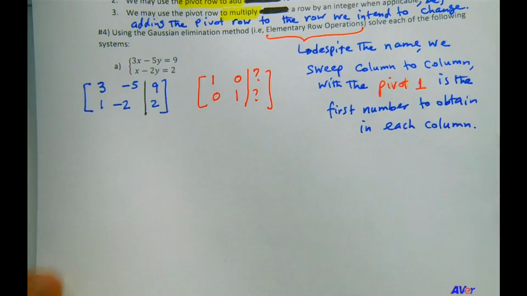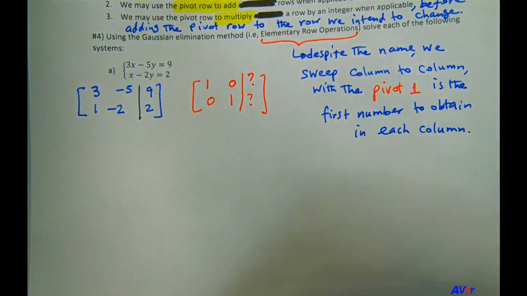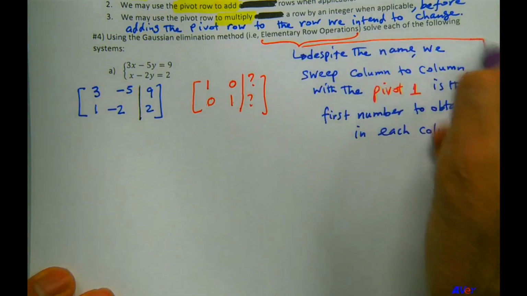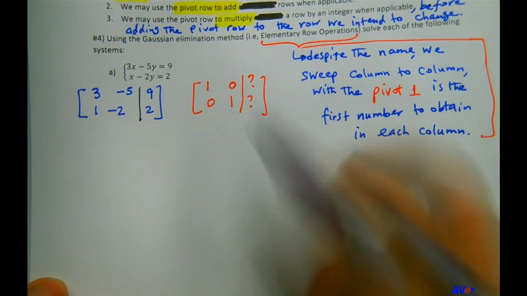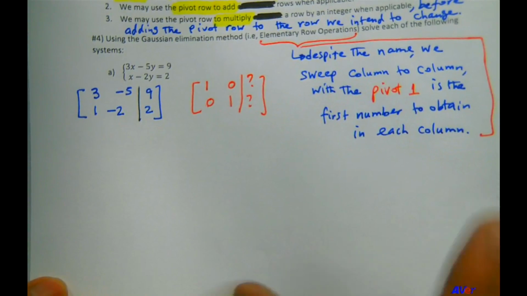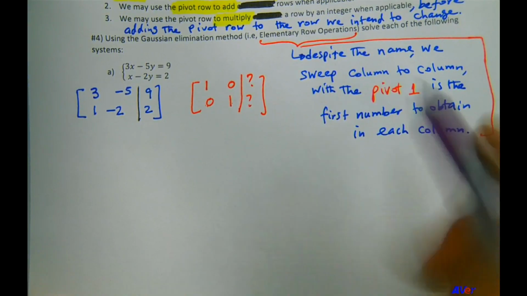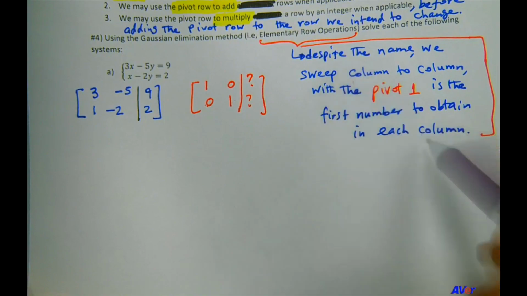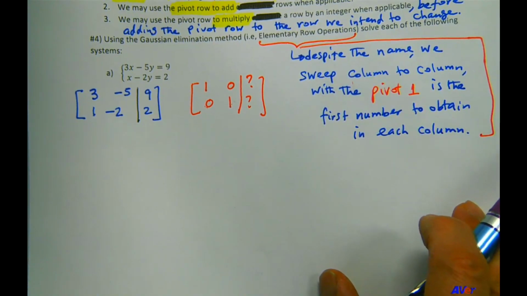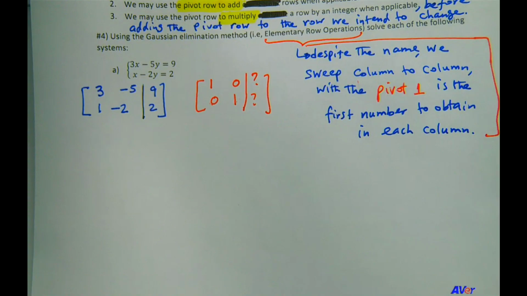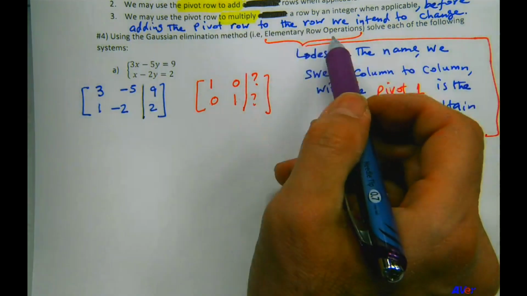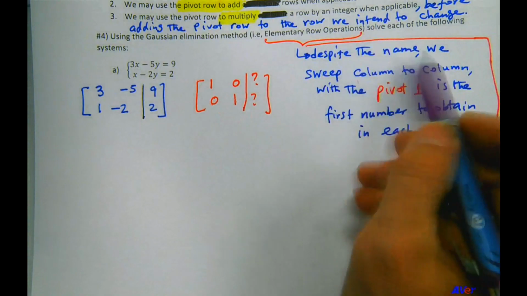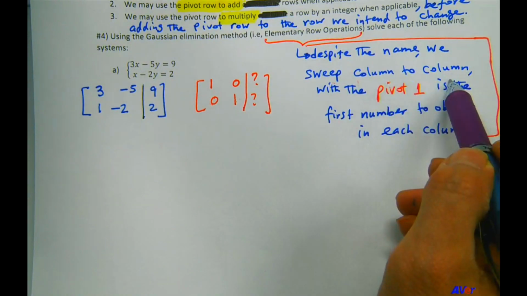This is an extremely important thing that I added here. Extremely important. You don't have to understand it now, but as we go through the procedure, you must understand it. If you don't understand this little sentence that I wrote here, then this procedure becomes very difficult for you to follow. But despite the name that is called the row operations, despite the name, we sweep column to column,